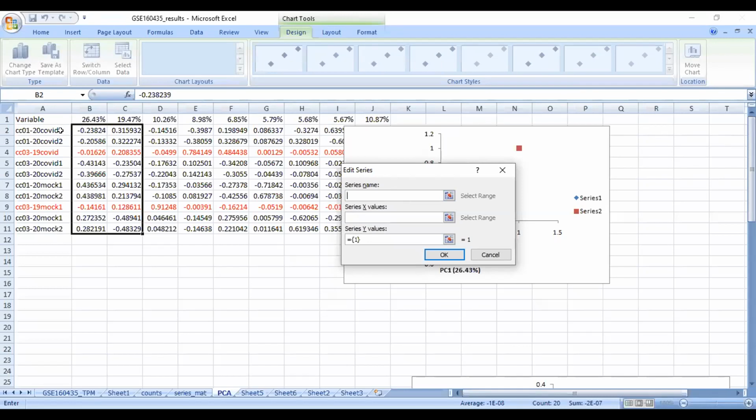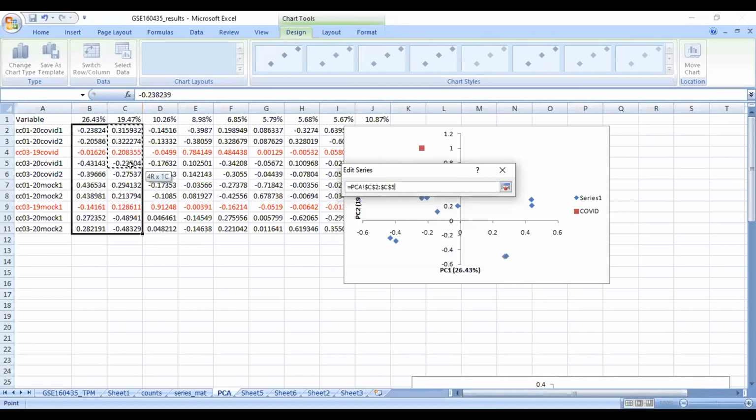So let's first create the COVID series. These are COVID infected samples. For the COVID infected samples, this is our x-axis, and for the y-axis, PC2 is the y-axis.